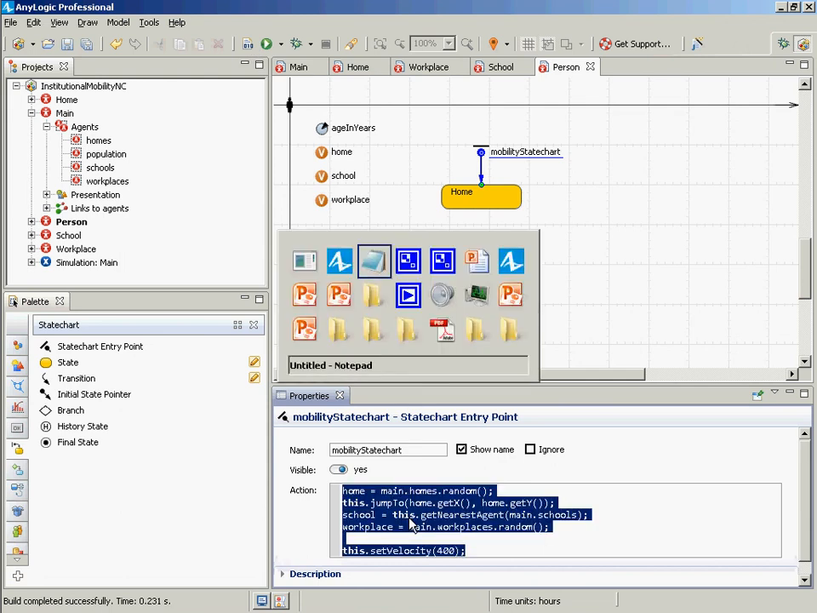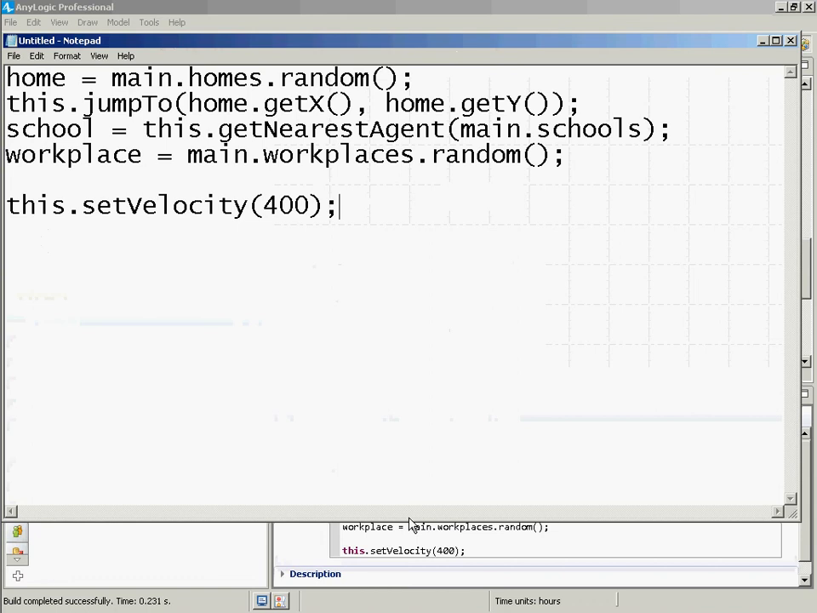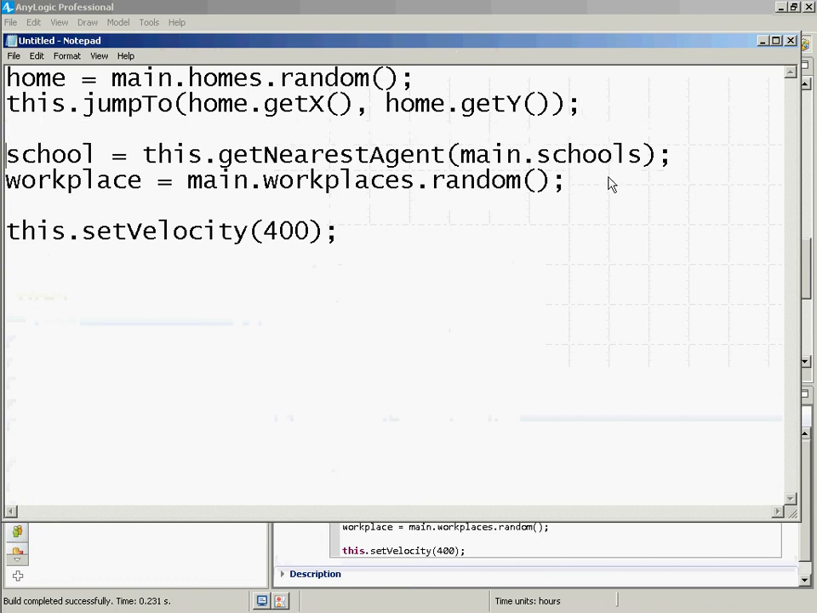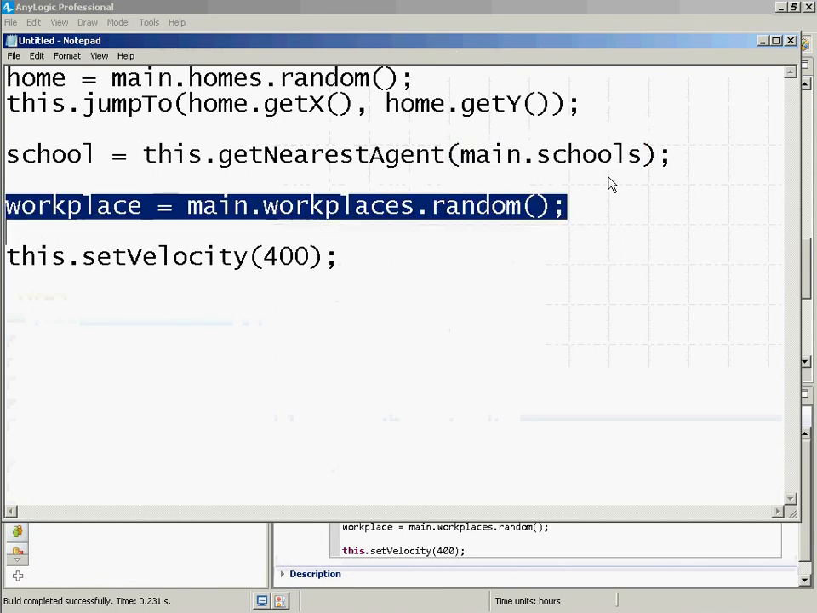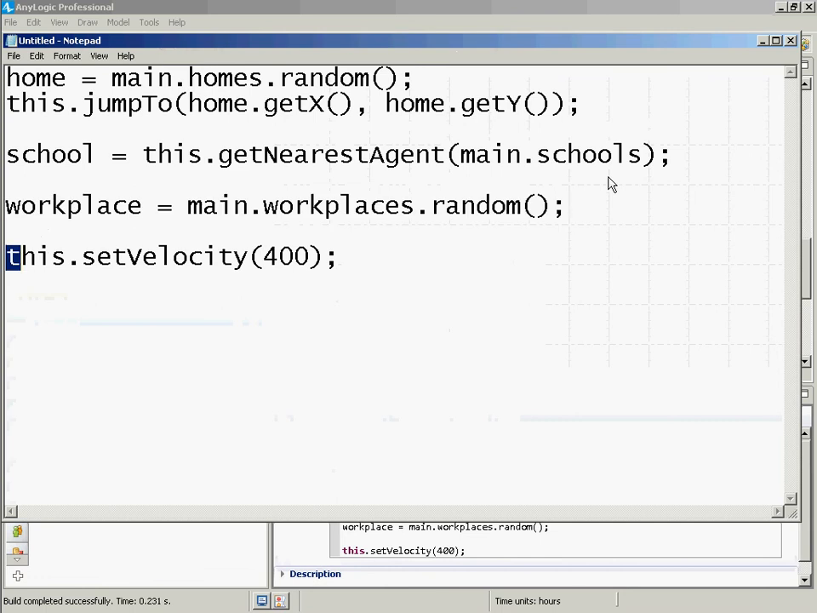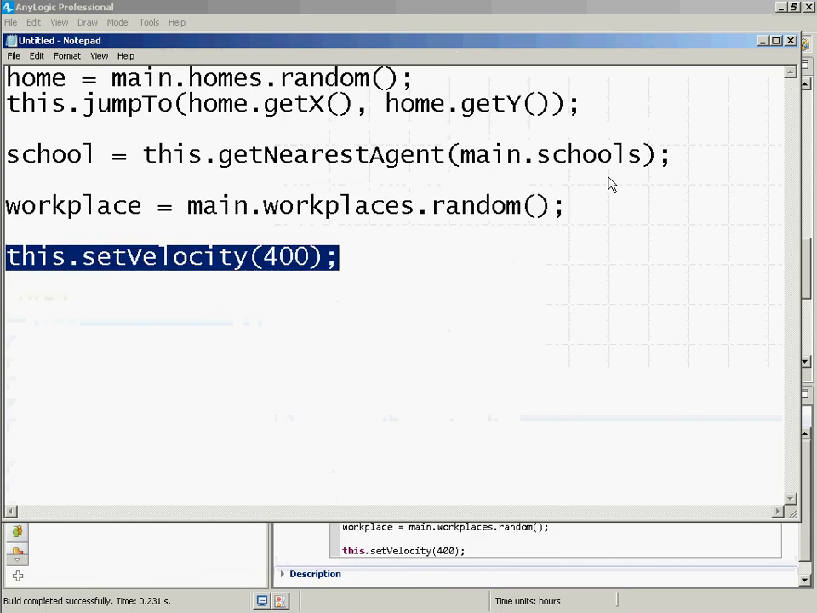I'm going to put it up on the big screen. There we go. Okay, so first we get our home, and then we jump to it. Then we get our school, and we pick our school as the nearest one of the set of all schools. And we pick our workplace randomly amongst the workplaces in this area. And we set our velocity to 400 just so that we won't be pokey and moving around subsequently. Is that okay? Okay. So I'm going to copy this in here and